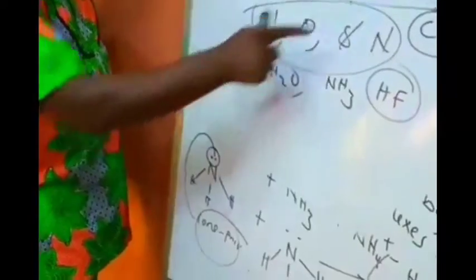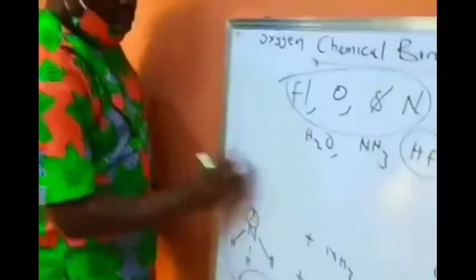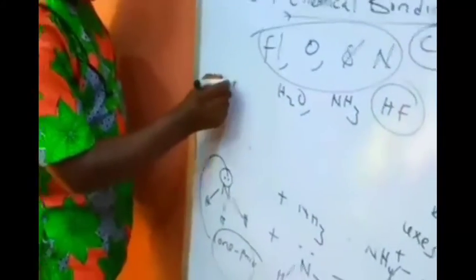Now, what's the significance of hydrogen bonding? Any compound that possesses hydrogen bonds is likely to have a relatively high boiling point. That is the significance of hydrogen bonding. You must note that. As we close the class, it should be noted